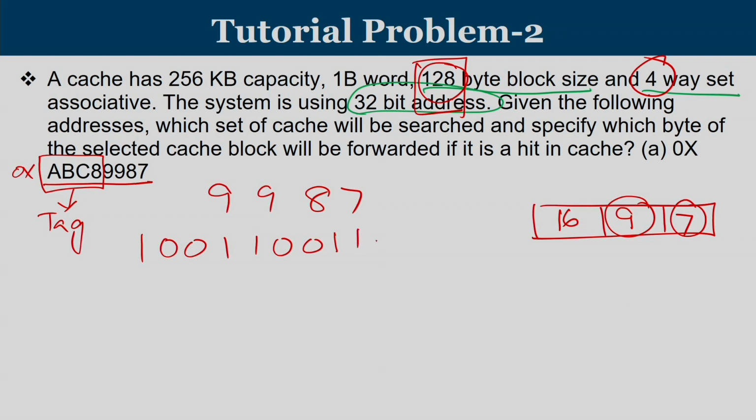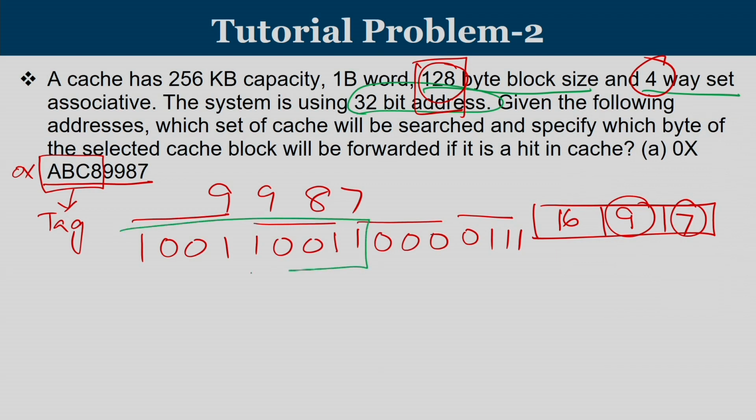9987: 8 is 1000 and 7 is 0111. So, this is the split up: 9, 9, 8 and 7. Out of which the first 9 bits are going to be the index bits. So, this much is the index bits, the first 9 bits, and the last 7 bits are the offset. When you compute the binary to decimal conversion, the value that you get is 307 and the offset value is 7